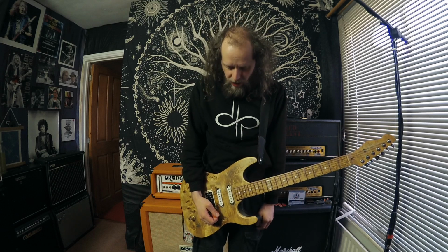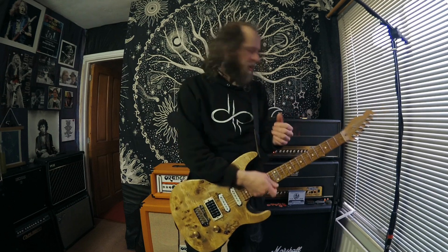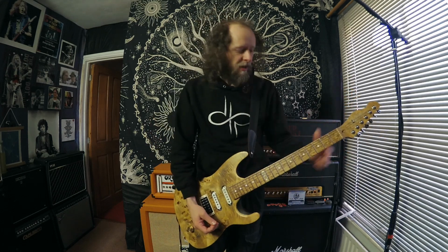But because there's no low end on the amplifier, when I kick on the Marshall Governor, which does have a load of low end, it's very even. There's a lot more low end with that pedal, but not enough to get in the way. Now, if I turn up the bass, so the bass is now maxed out, it sounds really good, but there's too much low end, and that low end is going to interfere with the bass and the bass drum, and it's going to take the power away from your guitar. So this sound,